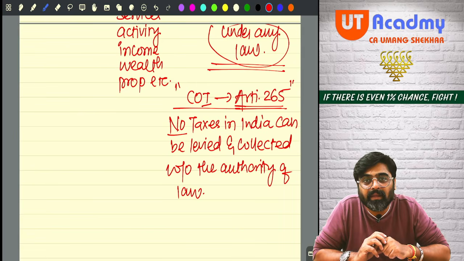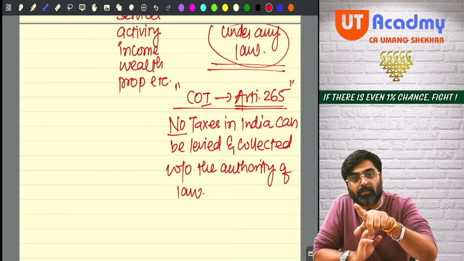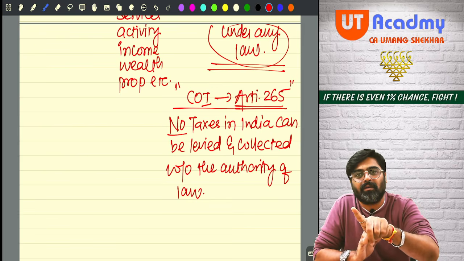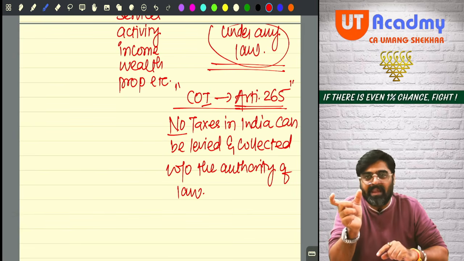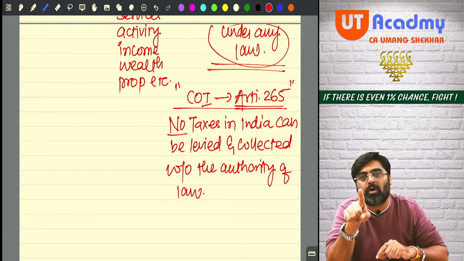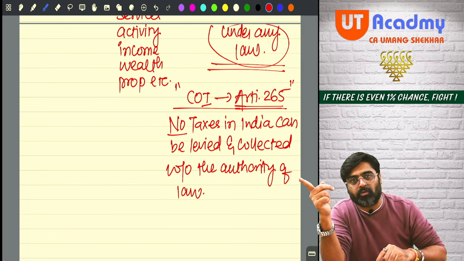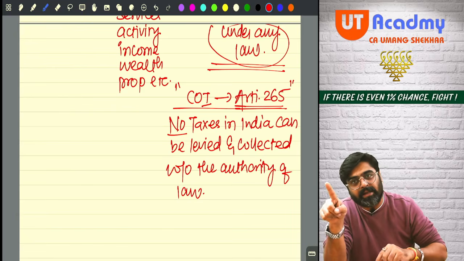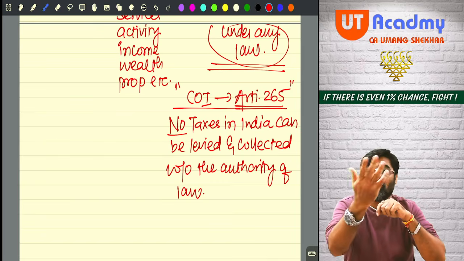Regressive means the amount of indirect taxes you are supposed to pay does not depend on how much you are earning. For example, that Maggi packet which you went to that shopkeeper to buy, how much was the cost of that Maggi packet? MRP 20 rupees. And in that 20, 2 rupees was tax. So from you, 20 rupees was taken, and in that 20, 2 rupees of tax you are also paying right now, but you are not earning any income.